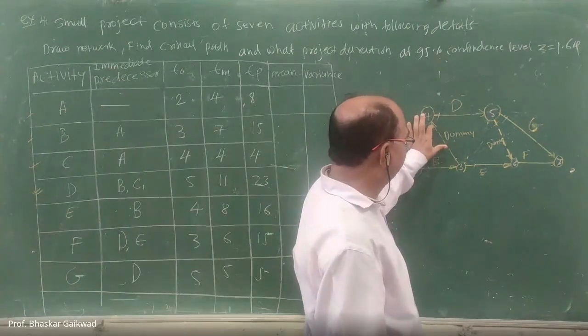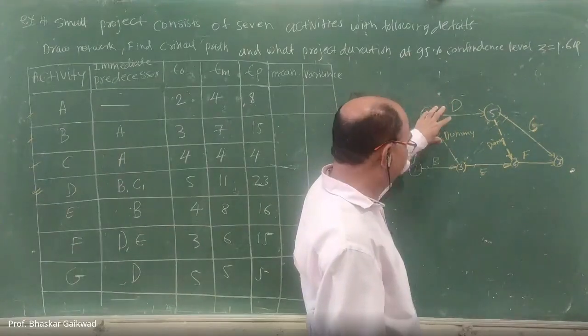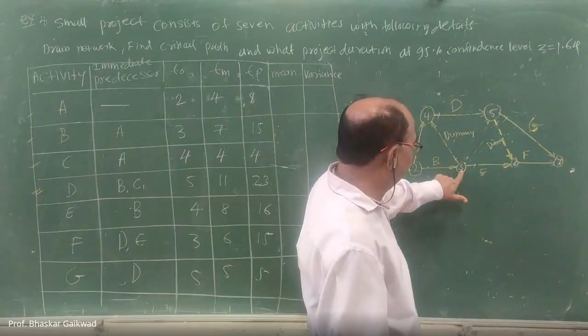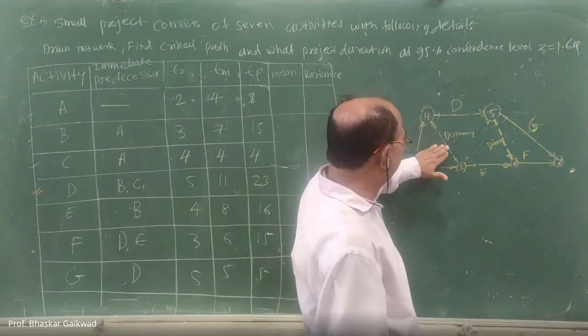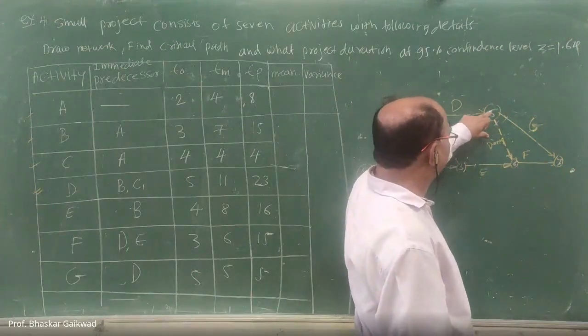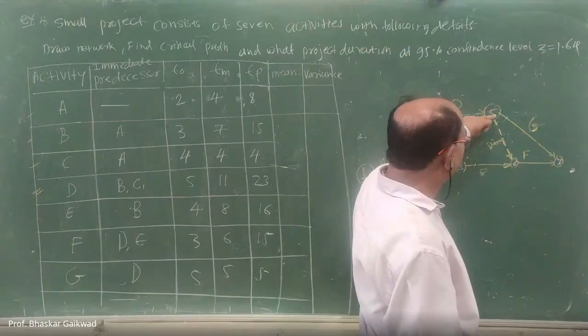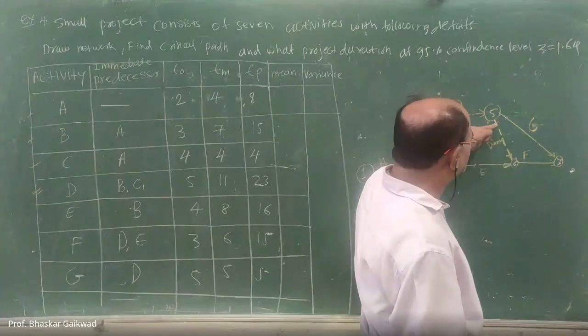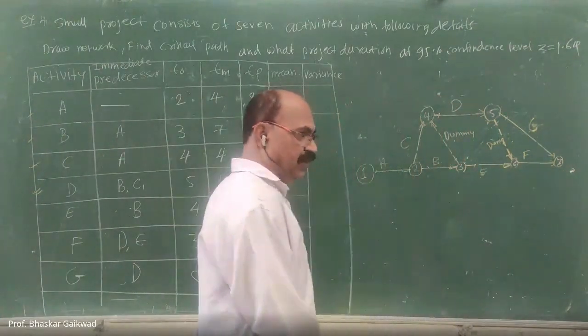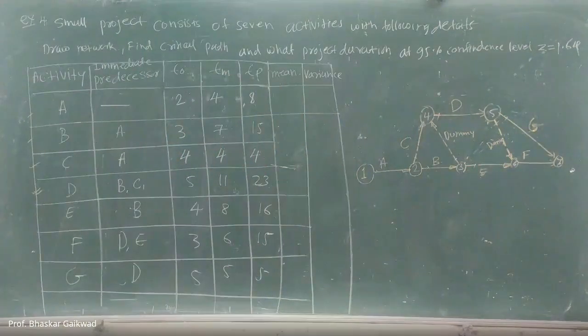Here incoming and outgoing, don't consider this first. Here is 2 outgoing. For the time being, cancel this, give the number. Then you come to this. This is already cancelled. This is 1. You give the number, cancel this. Come to here. 2 outgoing activities are there. You give the number, cancel this. Then you come to here, only one activity is there. So 6, 7. Like this number. Fulkerson's rule is there for making the numbers. So this is the network diagram.